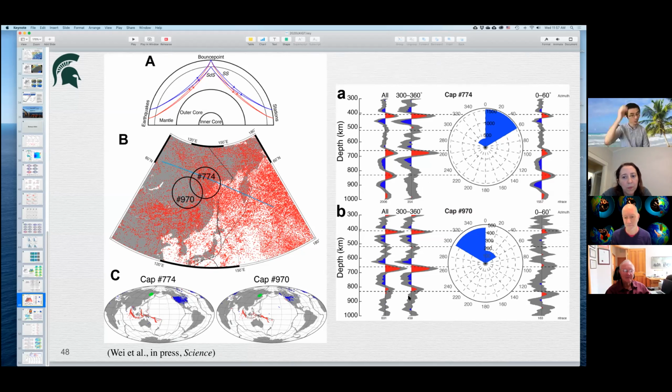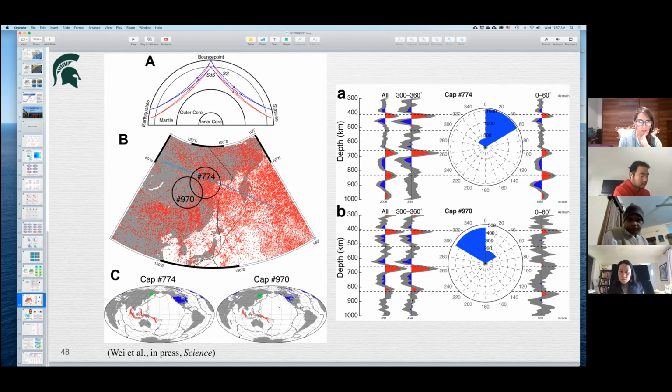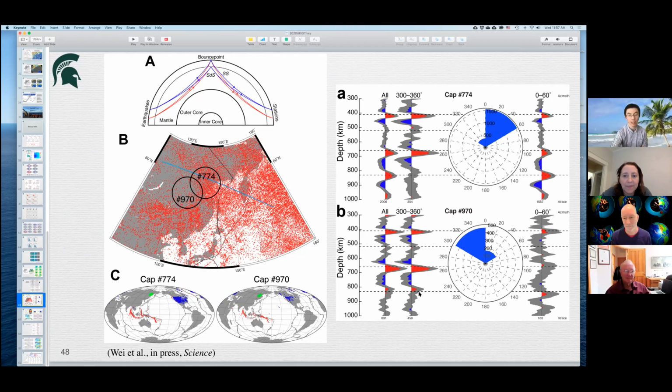And this actually raised concern for us, because whether this is real, we spent a lot of effort confirming this is the structure right beneath the bouncing point, not a bias due to stations or near-station structure or near-source structure. But because we have seen these reflectors in multiple caps in multiple different azimuths, we believe that's a real case. But I'm very intrigued by this azimuthal dependence. But